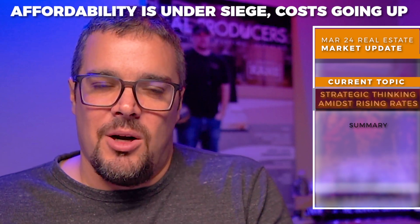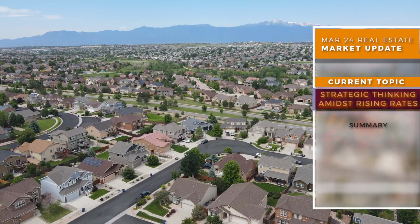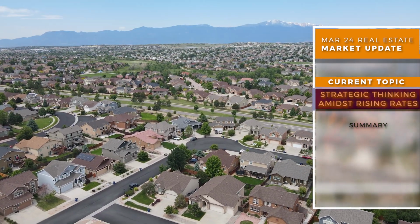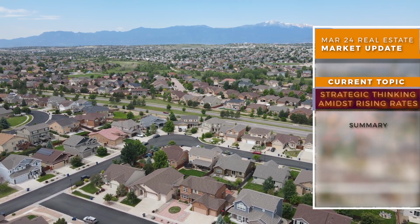I know there's some certain pockets that it's really hard to get insured for anything affordable or even insured at all on these properties that are in fire zones and things like that. So make sure you're paying attention to that interest rate. That's where we want to make sure that if you can afford a monthly payment at a certain rate and there's homes in that price point that work for you, maybe for the short term or the next 5 years versus your dream home, then it could be an opportune time to get into the market and quit paying